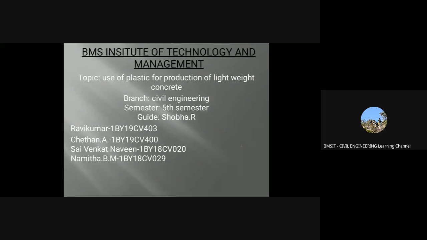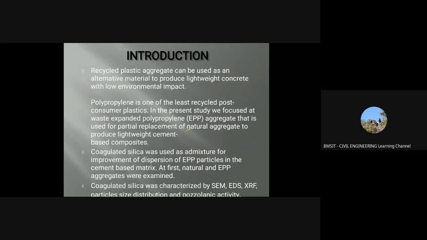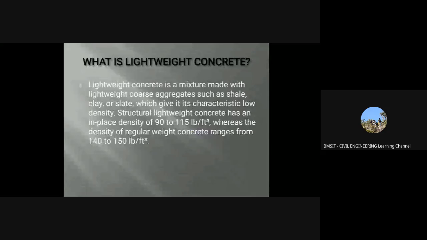Normally, the density of concrete masonry blocks is 2150 kg per meter cube, whereas the density of lightweight concrete is 2100 kg per meter cube. Now, what do we mean by lightweight concrete? Lightweight concrete is a mixture made with lightweight coarse aggregate such as shale, clay, or slate, which gives its characteristic low density. This lightweight concrete is further classified as lightweight aggregate concrete, no-fines concrete, and aerated concrete based on